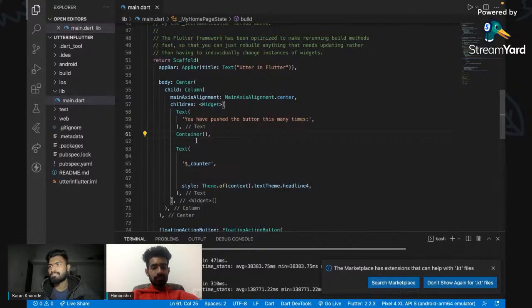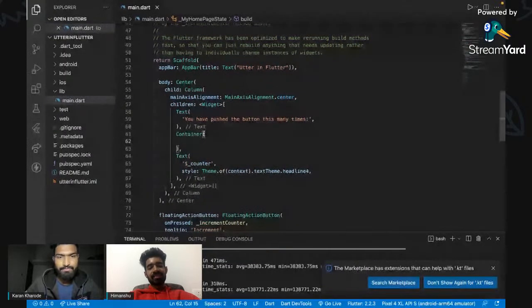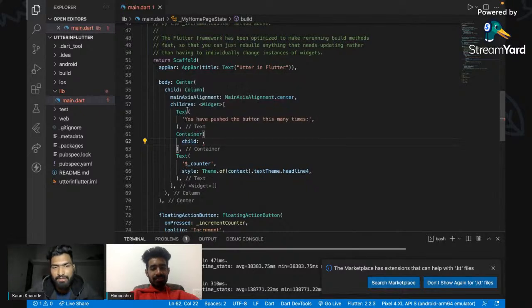If I'm pressing Control S, it will adjust the spaces and everything automatically, right? Yes, and along with that, it's also going to provide you the comments, which is a very good practice. Because whenever there are multiple brackets, there are so many closing brackets here, and if